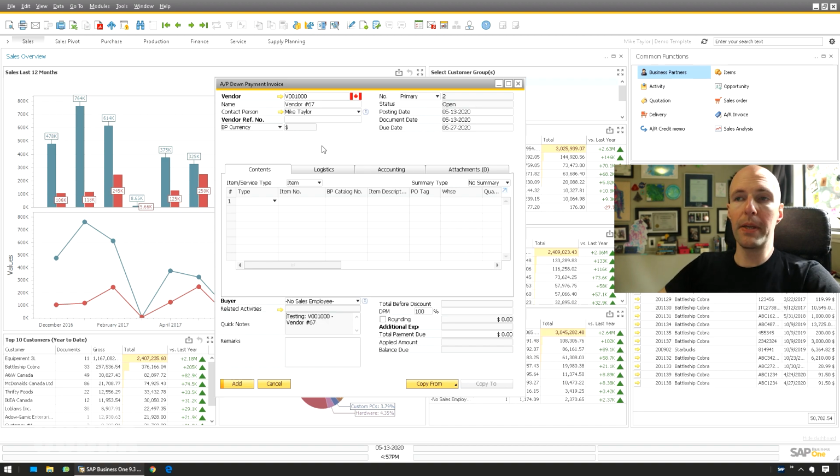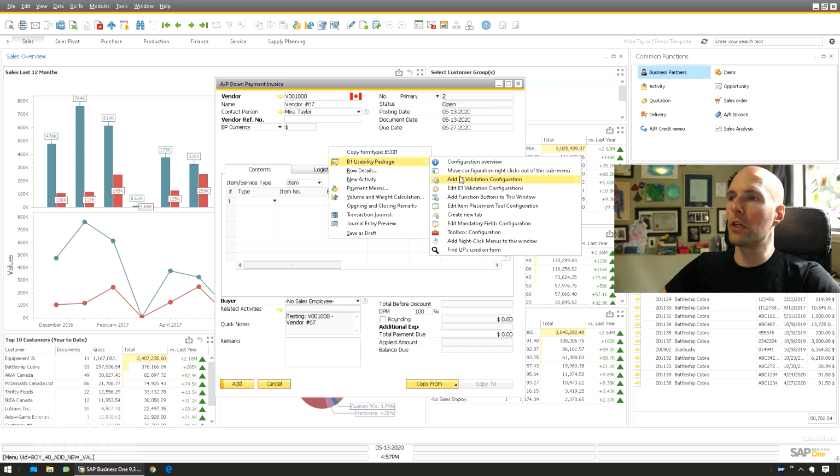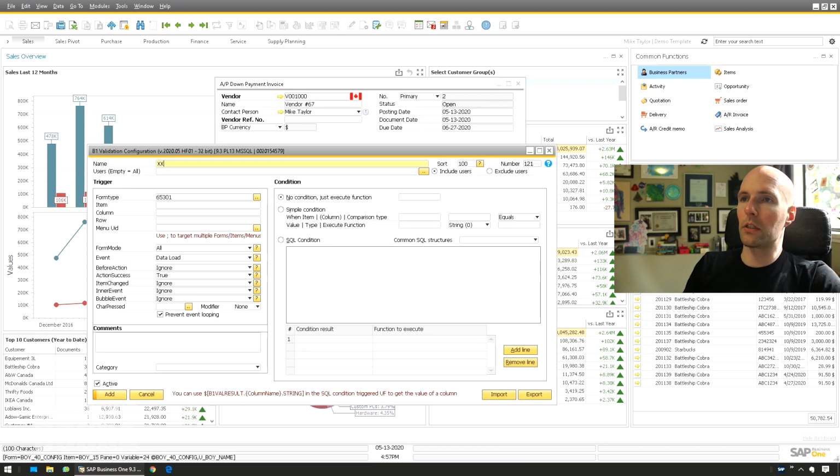So the first step in order to do that, right click your form, B1 usability package, add B1 validation configuration, which is the trigger, and then you can just say when data is loaded into this window. So we'll say OXXX BP data load functions on load.